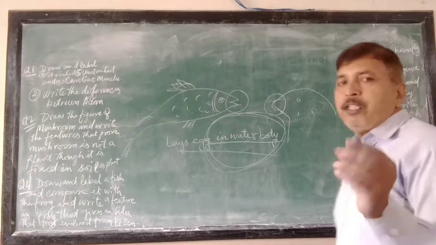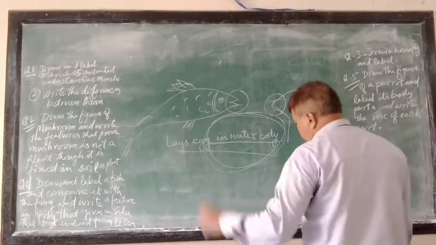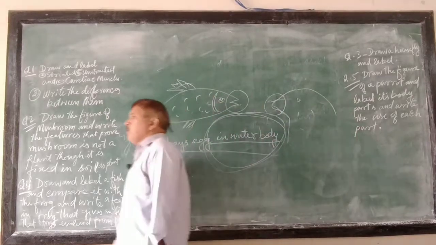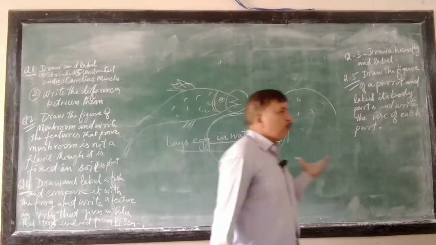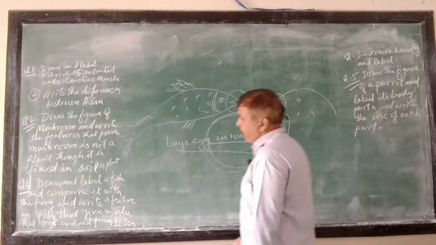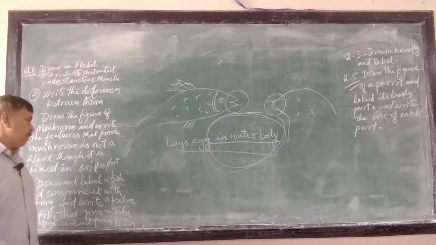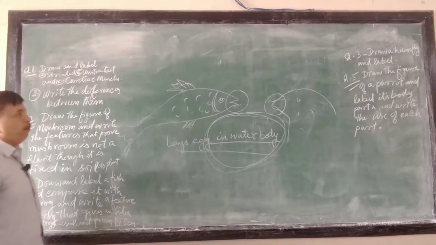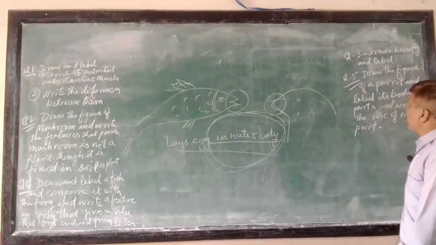So, you may have seen the babies of frog like fish, they keep swimming, the tadpoles keep swimming in water body. So, this way the amphibians, they need water body to lay their eggs. This is the feature that says that the frogs have evolved from the fishes. Clear? The next question is,